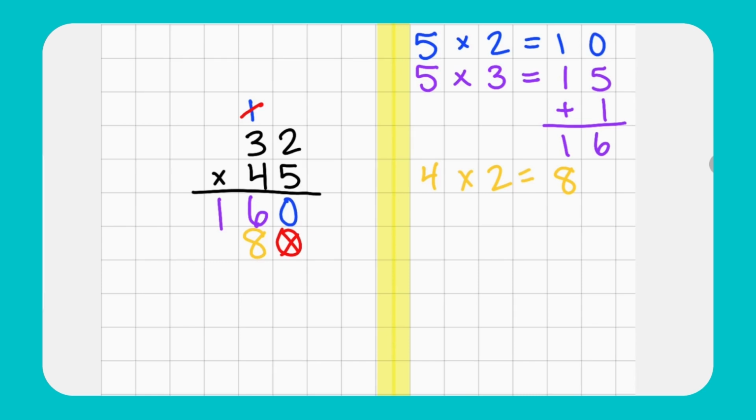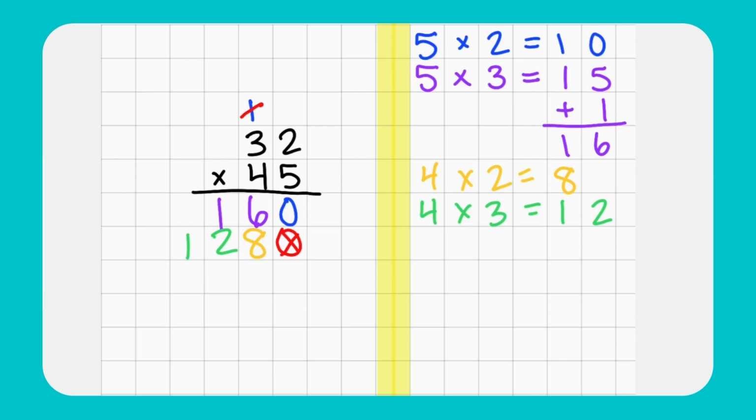Next, we're going to do 4 times 3. 4 times 3 is 12. So we're going to put the ones place down first, the 2, and we don't have any more digits to work with beyond the 3. That's the last one that we have up on the top. So we're going to put the ones place from the 12 right next to it.